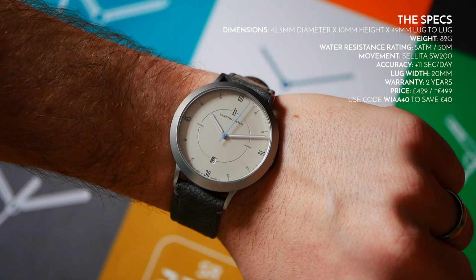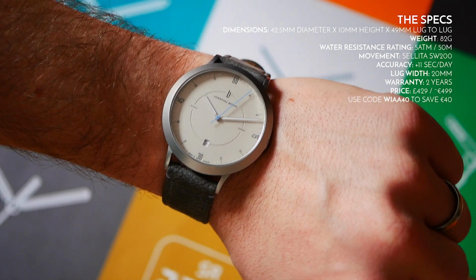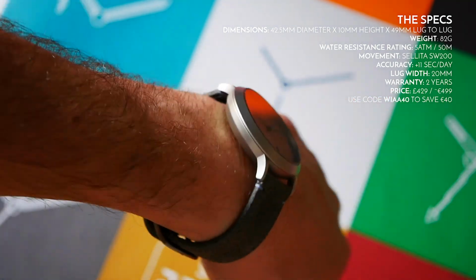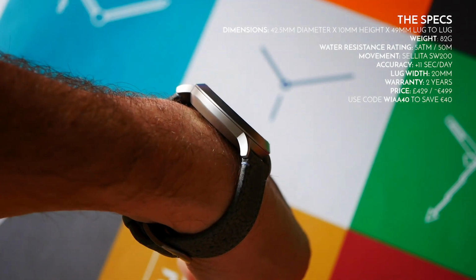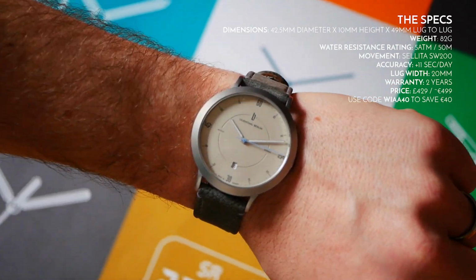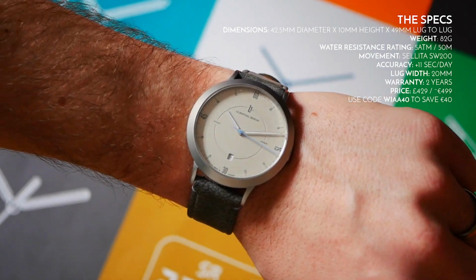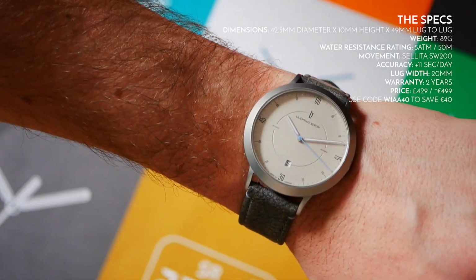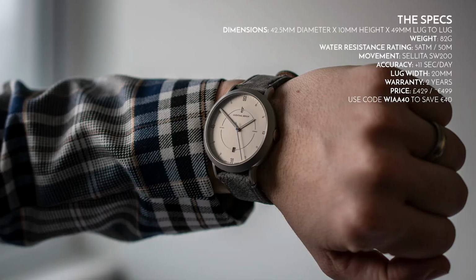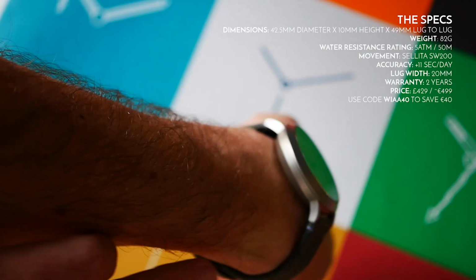So I have an approximately 7-inch wrist for point of reference, diameter 42.5mm, a height of 10mm, and a lug-to-lug length of 49mm. Now, those specs at a glance might actually seem rather large, but in actual fact, 42.5mm, it doesn't wear quite that large, mainly because, first of all, the lugs are very slender and thin, as you can see. They've got a pretty